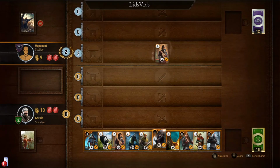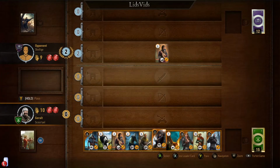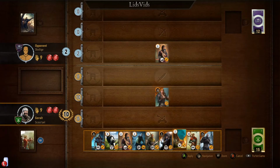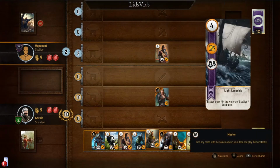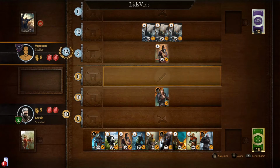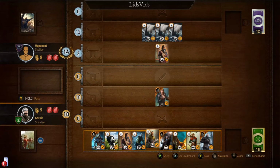Okay, they're gonna start with Dandelion. And... Thinking I'm gonna start with Saskia here. Just go hero to start things off, because next we're gonna want to do some of our musters, and we don't want to get every single muster unit destroyed at once. That would be pretty bad. Okay, so now that they have some musters out there, that should mean that...